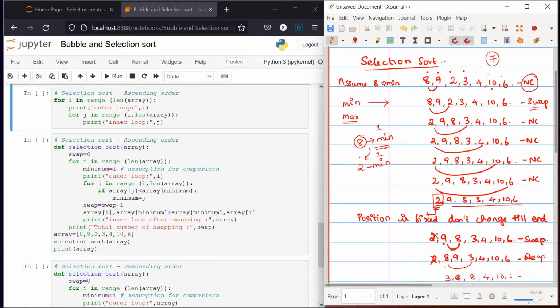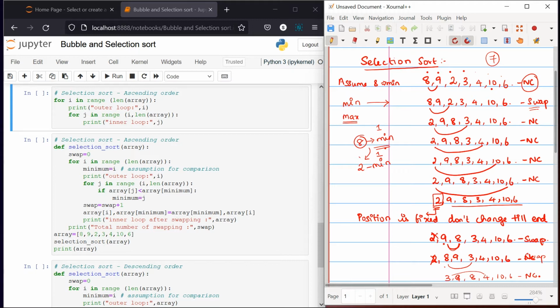And in the next iteration we are going to check 10 with your 4, right? Here there is no change. So like this we have to continue our iterations till we reach the complete series in ascending order. So how many times does the loop have to be repeated? The length of the array, that many times the loop has to repeat, right?